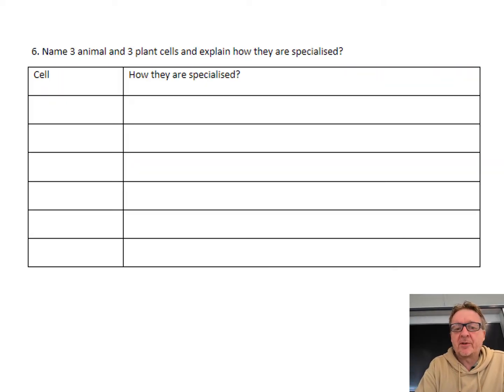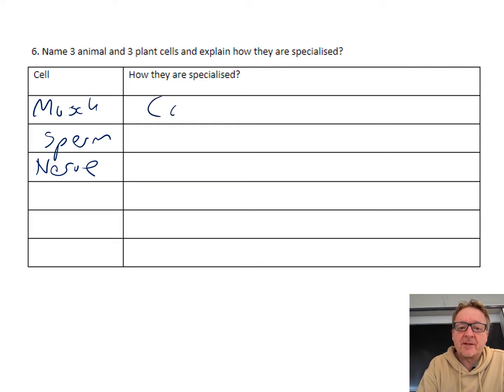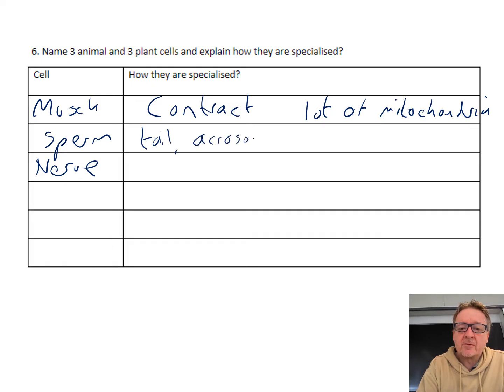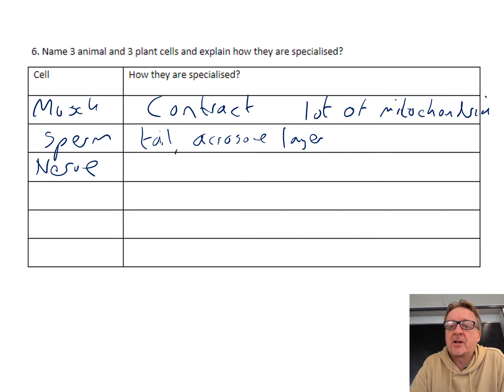So name 3 animal and 3 plant cells and explain how they're specialised. Right, so I'll write down muscle, sperm and nerve. Okay, so we'll just do these first, the animal ones. A muscle, the main thing it can do is contract, and it also has a lot of mitochondria for giving it energy. Sperm, it's got a tail, it's got an acrosome layer in the head, which is part of the way that it manages to break into the egg, and it also has a lot of mitochondria